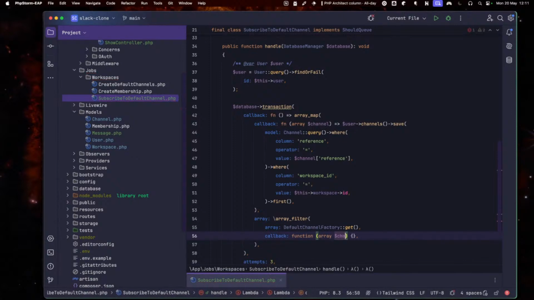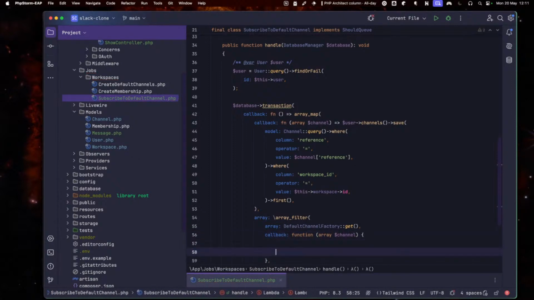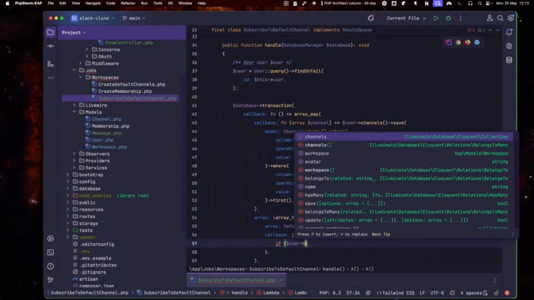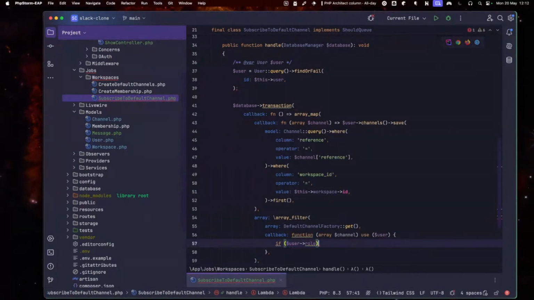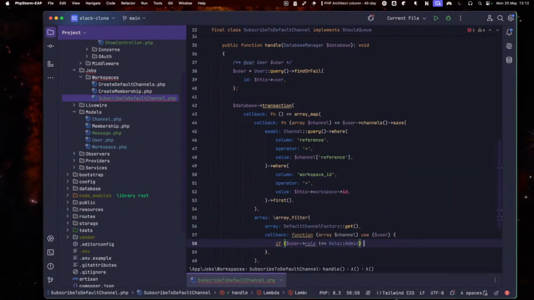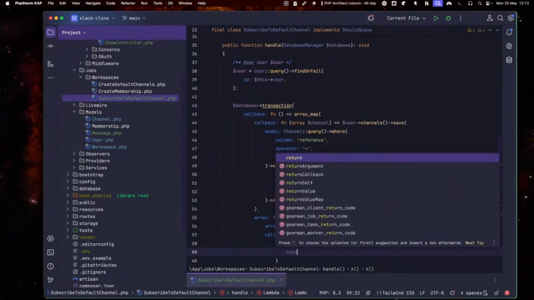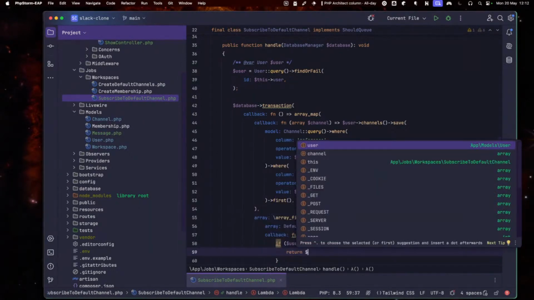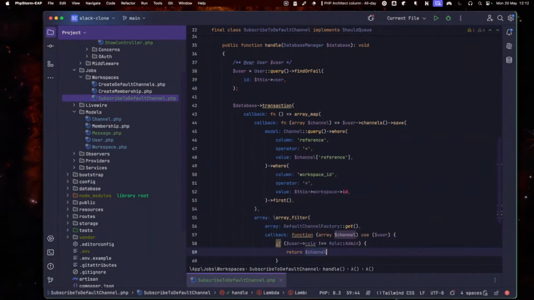Array for the channel, because we're going to have if, let's say, user, if user role does not equal role admin, then we want to return channel